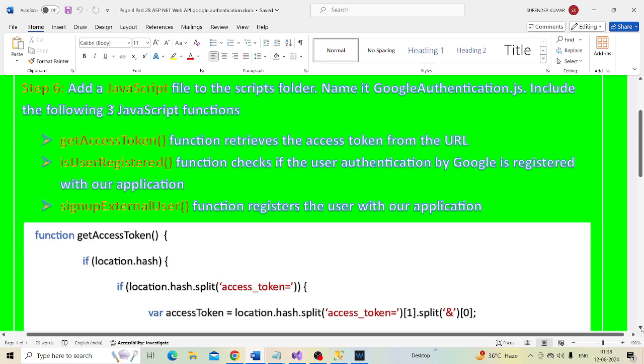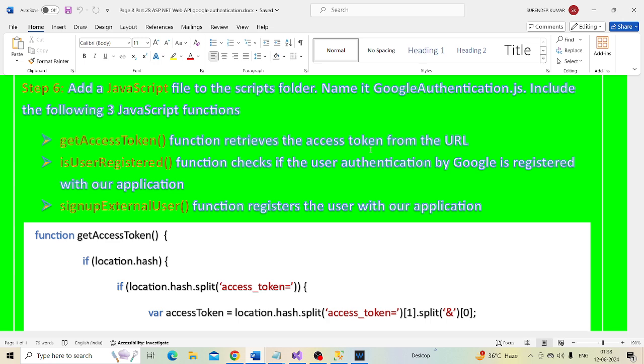Step 6, add a JavaScript file to the Scripts folder. Name it google-authentication.js and include these 3 JavaScript functions. getAccessToken, which retrieves the access token from the URL. isUserRegistered: this function checks if the user authenticated by Google is already registered locally with our application.